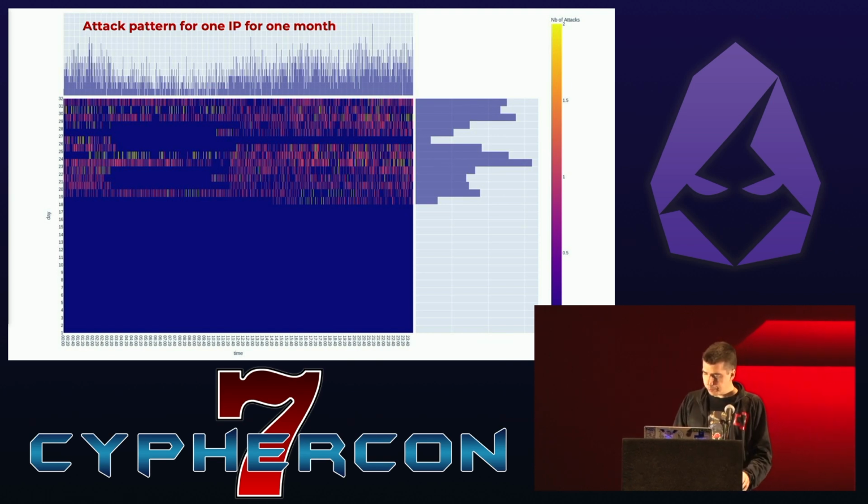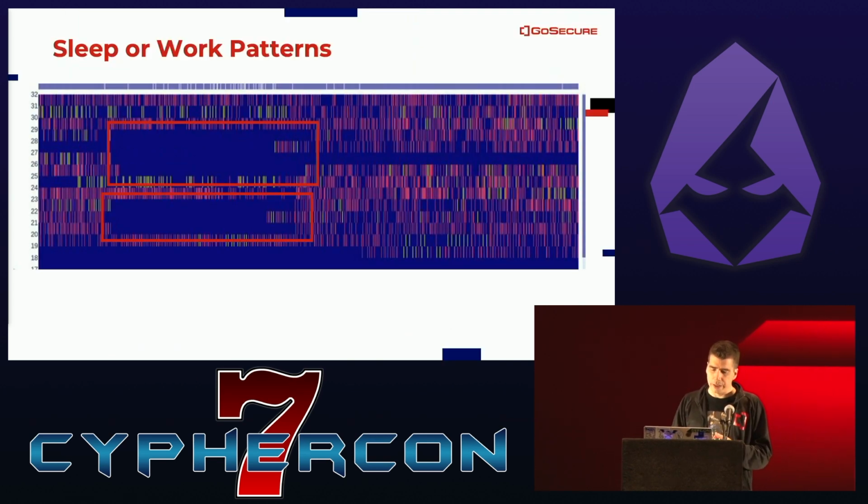Now, if we start to align some of these, we can talk about a sleep or a work pattern, and the idea is that you can launch the script and go to sleep, but you will not launch a new sequence of attack while you are asleep. So obviously it can be tricked, but it is to a certain extent harder to trick, and it can help you figure out the time zone, or the lifestyle, of the attacker.